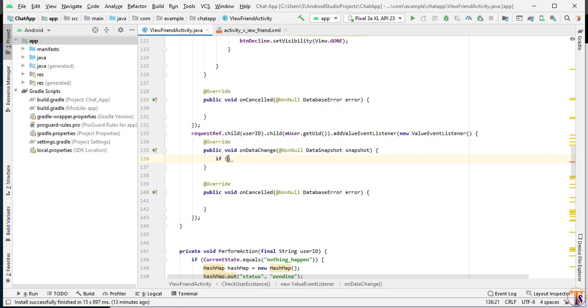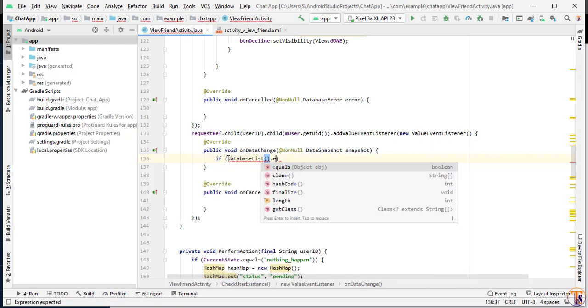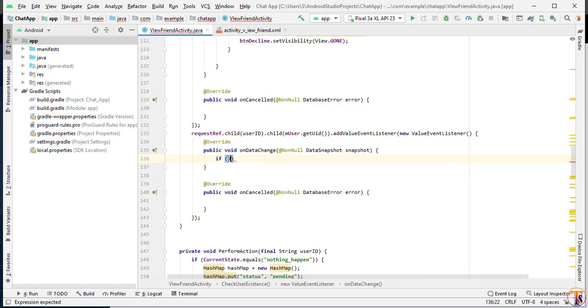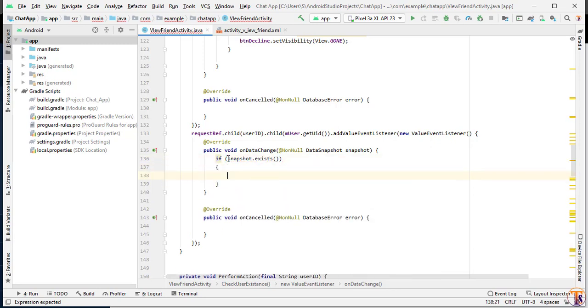If data snapshot dot exist, then we have to check it again.